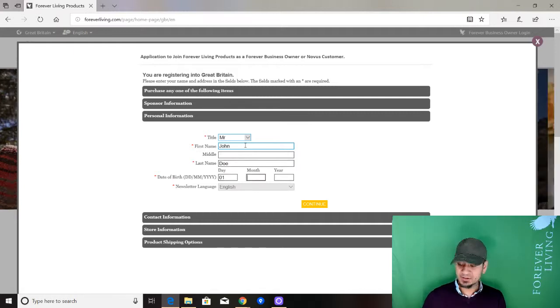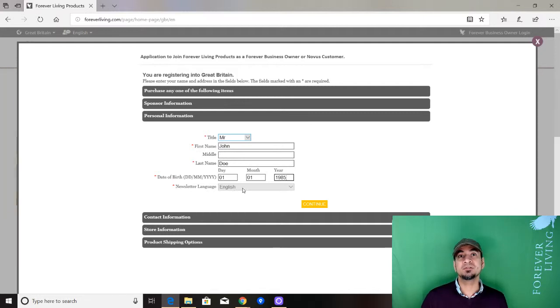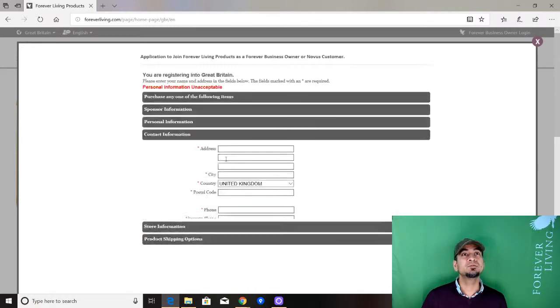Let's assume his date of birth is 0101 1985. And the last one is newsletter language. You don't need to do anything about that because you cannot really change it. So then you click on continue, and once you do that,